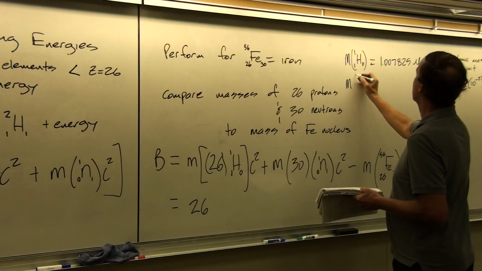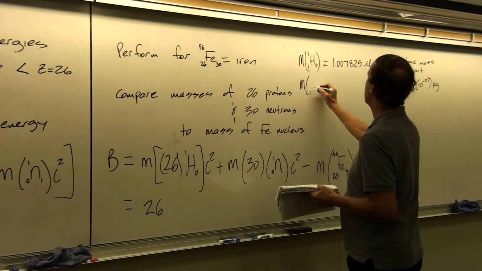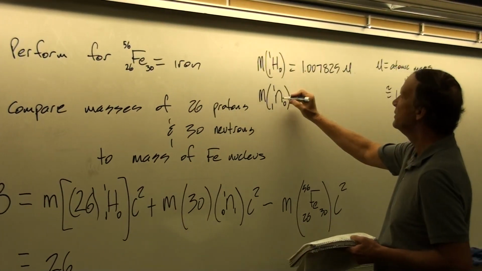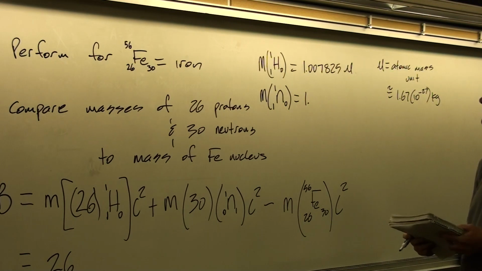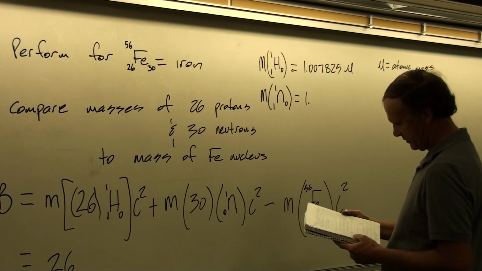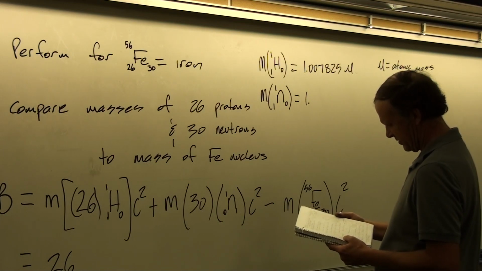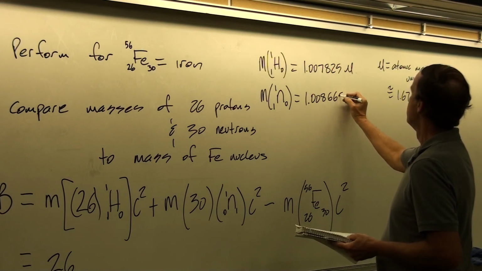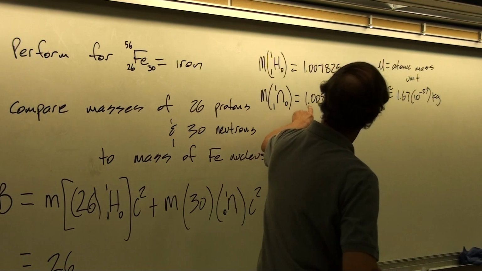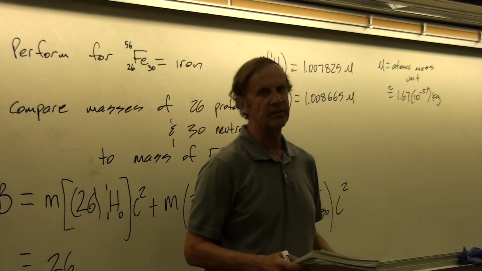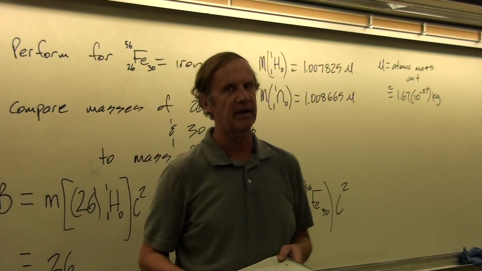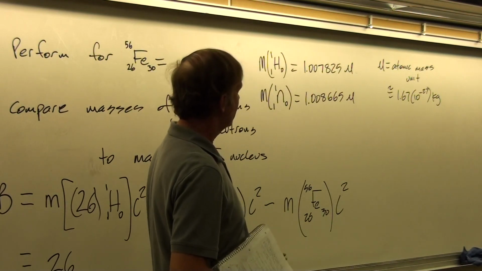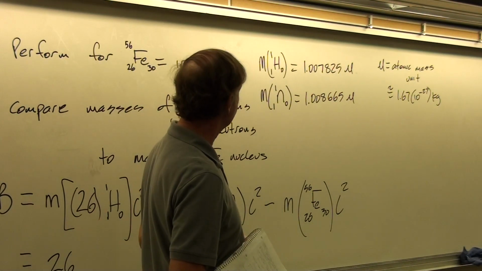Then the mass of our neutron, a single neutron, would be 1n01. And that is slightly larger because a neutron is a proton plus a nuclear electron. So this becomes 1.008665 u. Now, if you just carry this out to 3 significant figures, you'll notice that there's no difference between them. So you have to carry your calculations out to this many significant figures, or else you won't get the right answer. So you want to be really careful about that.